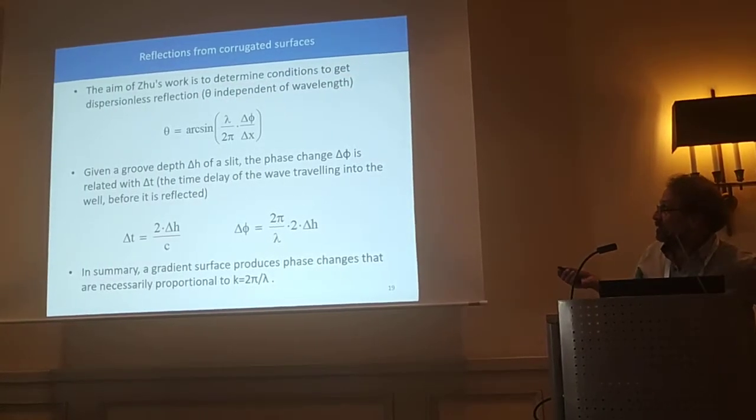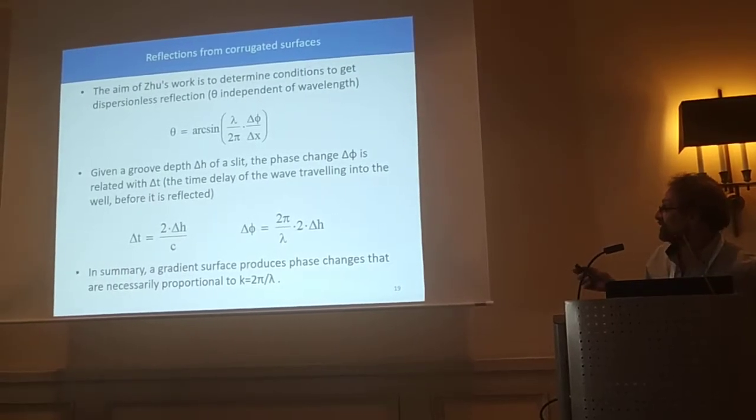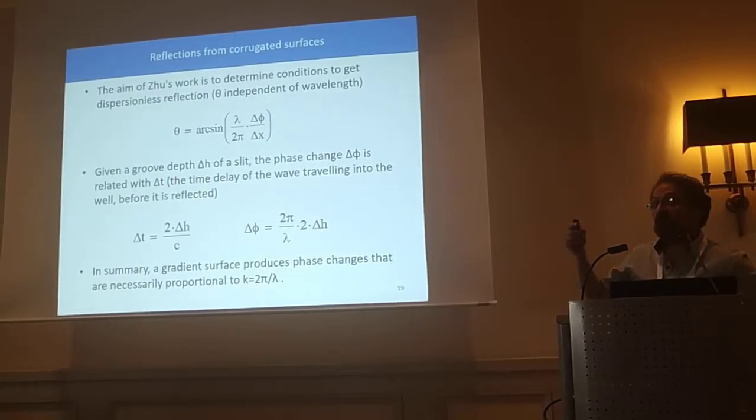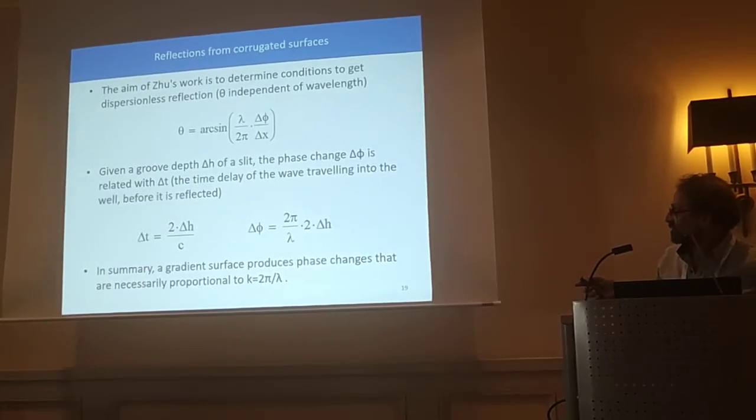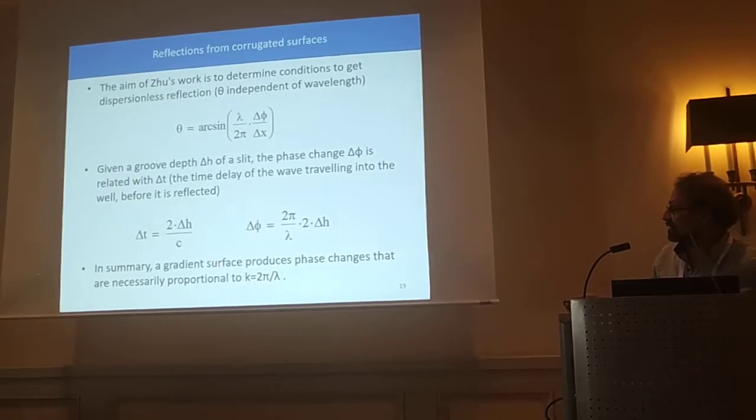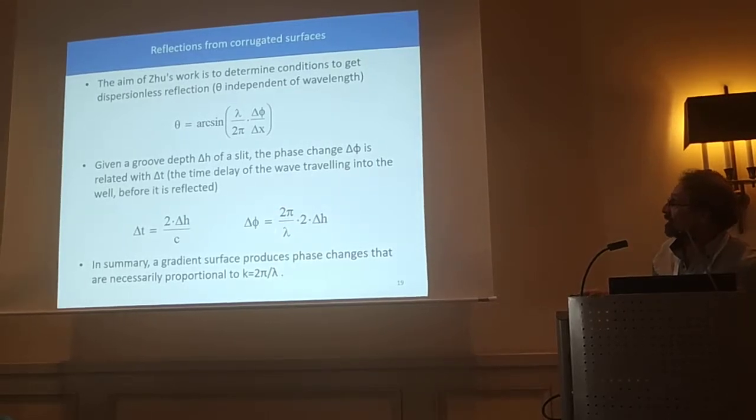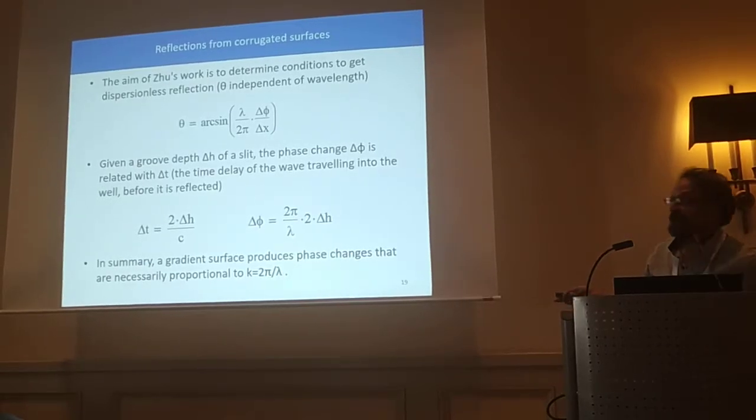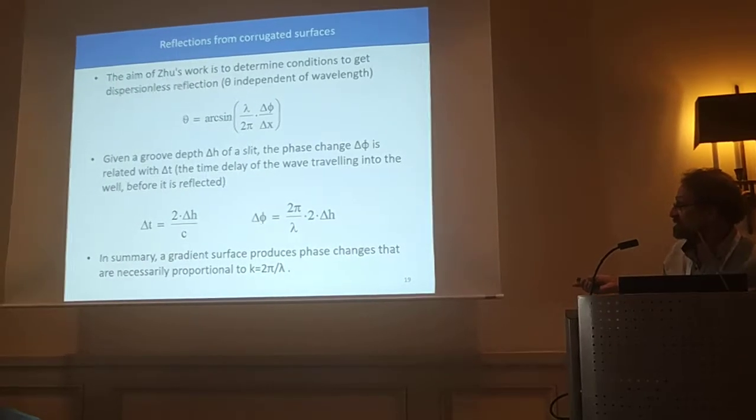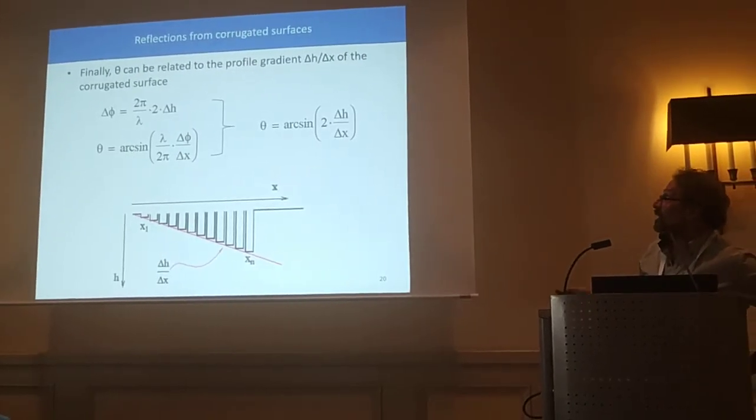Given a group of delta H of a slit, the phase change delta phi is related to the delay for the wave to travel along the slit, and this is the expression where it can be seen that it is proportional to the wave number, and cancel this term in theta. In summary, a gradient surface produces phase changes that are necessarily proportional to K, the wave number, and then obtain